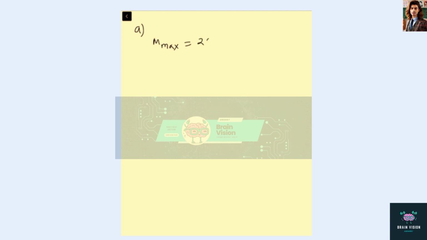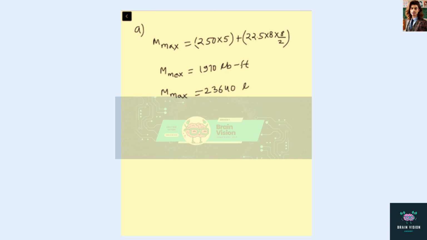Of the question, the maximum bending moment of the cantilever beam at point A will be given by Mmax. Mmax will be equal to 250 multiplied by 5 plus 22.5 multiplied by 8 multiplied by 8 by 2. Okay, so after solving we get Mmax equals 1970 lb feet, or Mmax equals